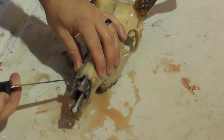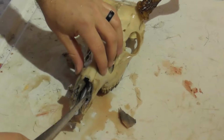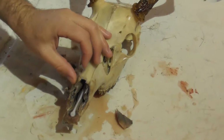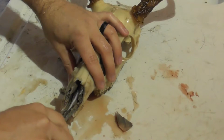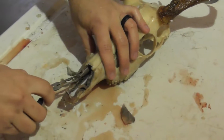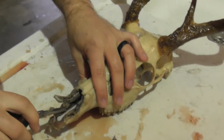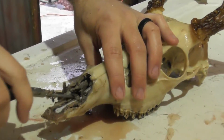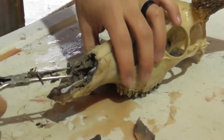Just in the middle. I'm going to cut that out, and you'll see the meat is over here on these sides. We're going to want to leave that alone. We're not going to want to cut that out. That's what you get your pliers for. And we're going to come in here, and this just takes a little bit of time, but we're going to dig this out with the pliers as best as we can. It would help if you had a little bit of teeth on your pliers. These ones aren't the best, but